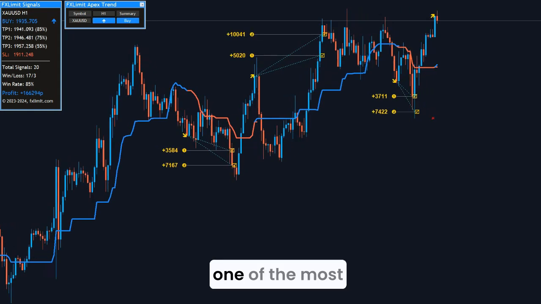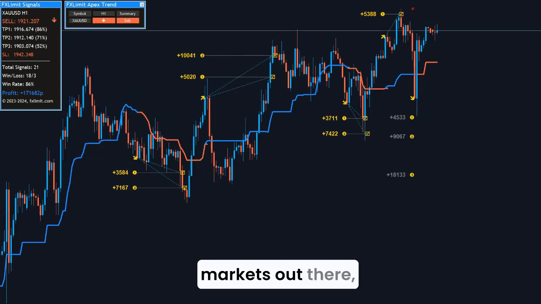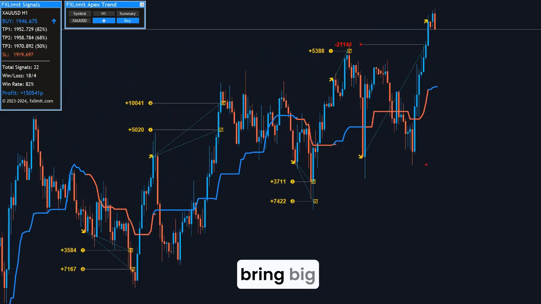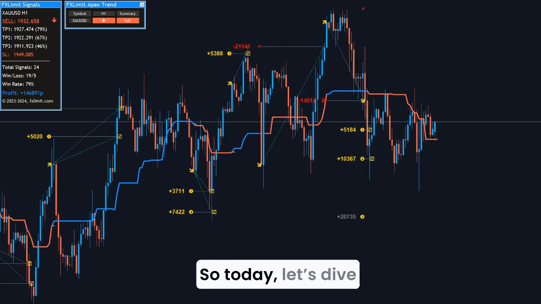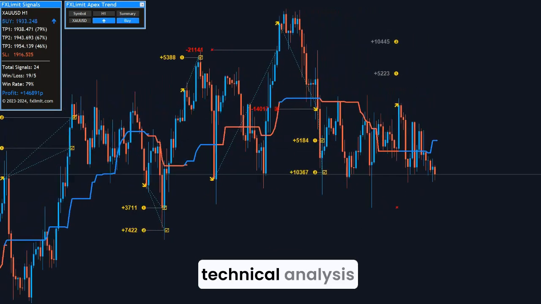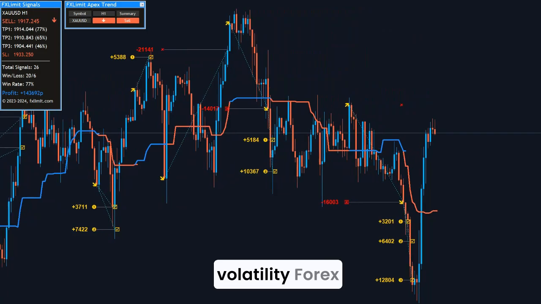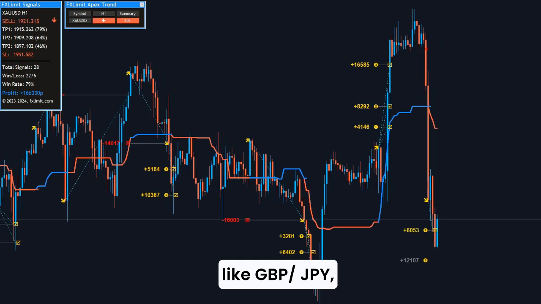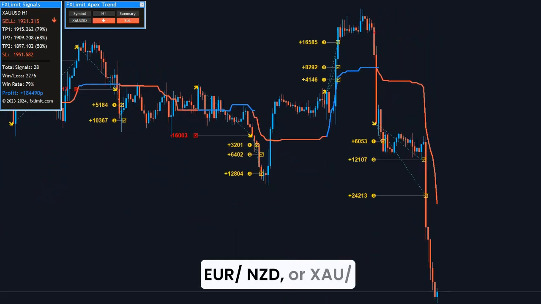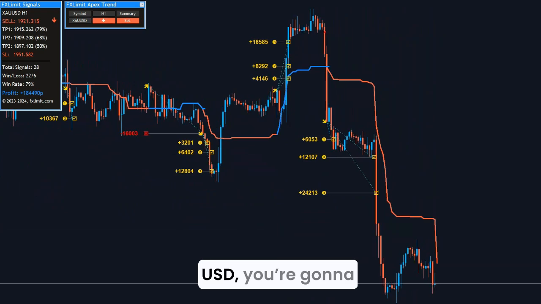The Forex market is one of the most volatile financial markets out there. And while volatility can bring big opportunities, it can also bring just as much risk. So today, let's dive into the best technical analysis strategies for trading high-volatility Forex pairs. If you trade pairs like pound sterling to Japanese yen, euro/NZD, or XAU/USD, you're going to want to stick around